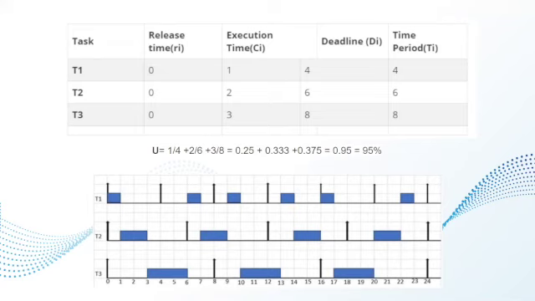At time 8, again T1 and T2 have the same deadline, and then we're going to go to time equal to 16, so the ties are broken randomly, and T2 continues to execute, and then T1 completes. Now at time 12, T1 and T2 come in the system simultaneously. By comparing the absolute deadlines, T1 and T2 have the same deadlines as before, and we're going to break the tie randomly, and we're going to continue with T3 again.